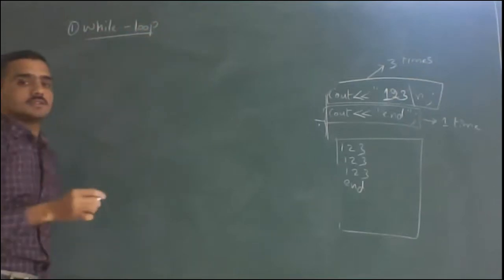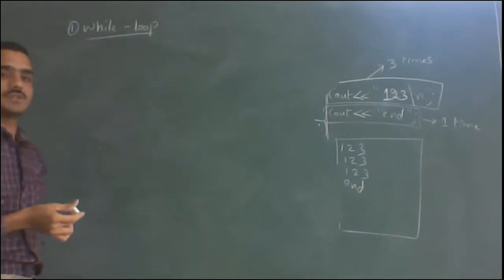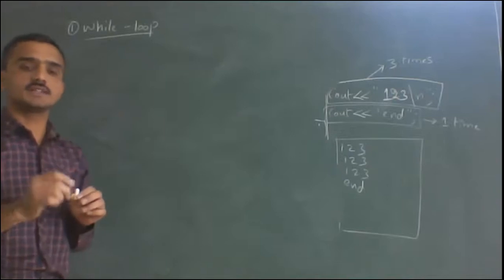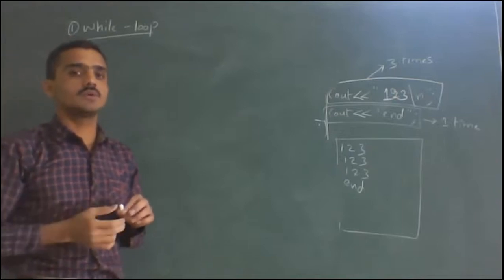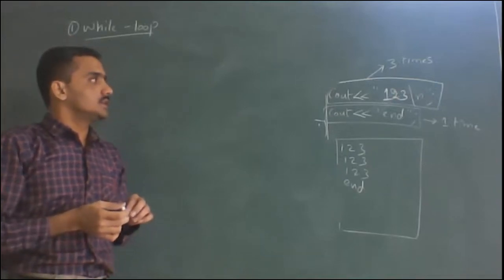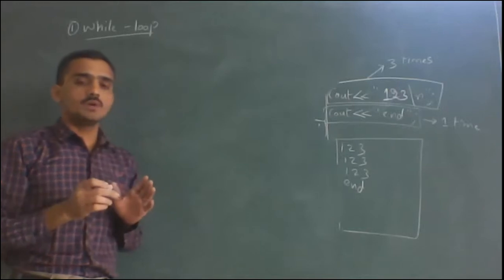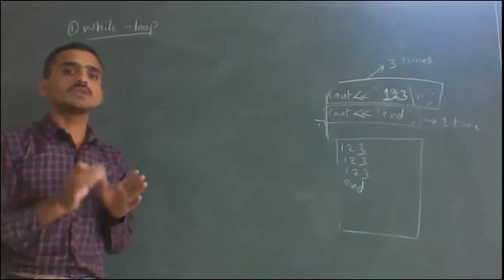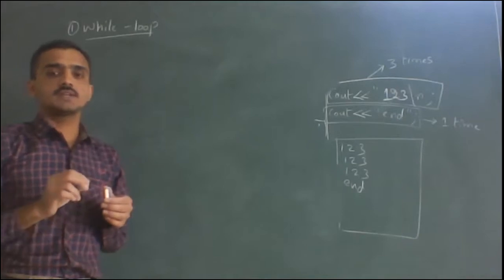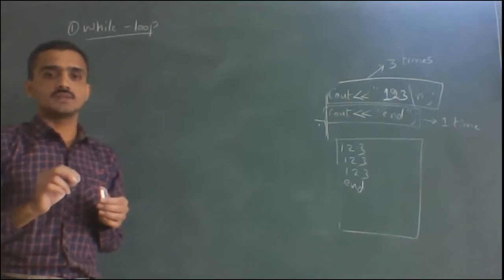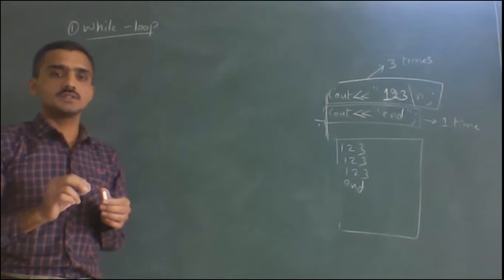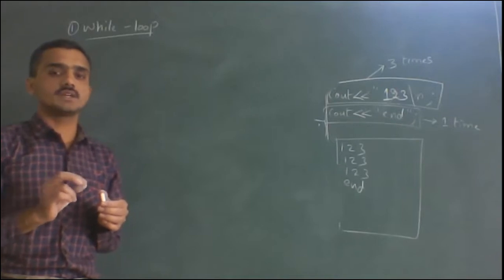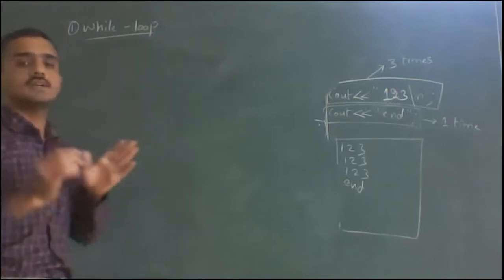Okay. So before we go to the examples, we should know the syntax, its explanation, and the flowchart. Then we will go for the examples. In the while loop, do while loop, and for loop, here also we write the condition, as we have written conditions in if else, nested if, and else if ladder. Here also, in the while loop, we write the condition.